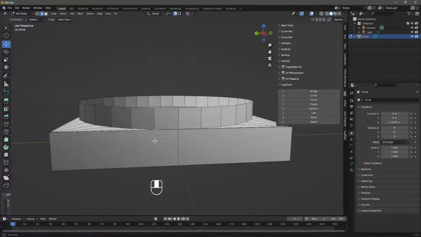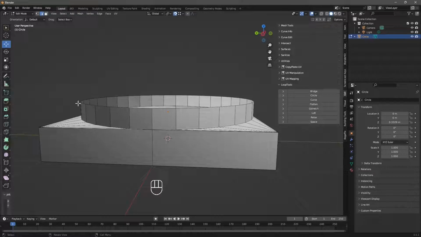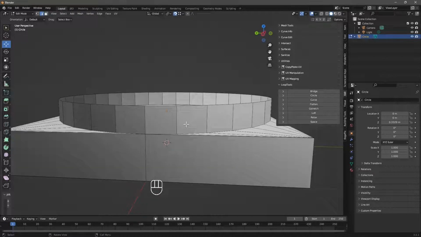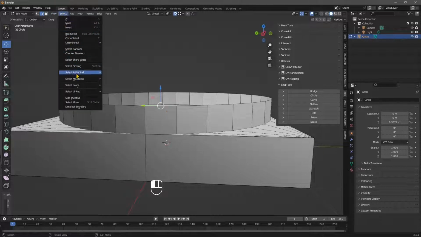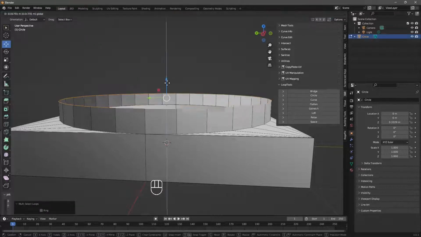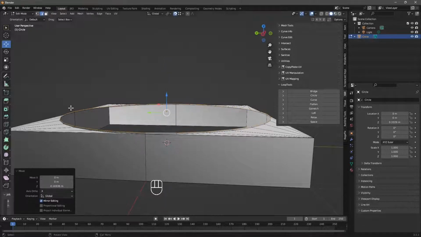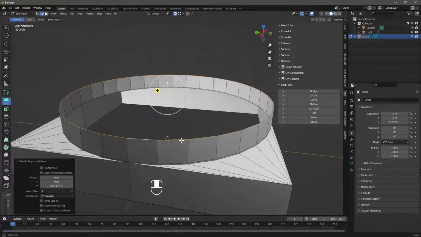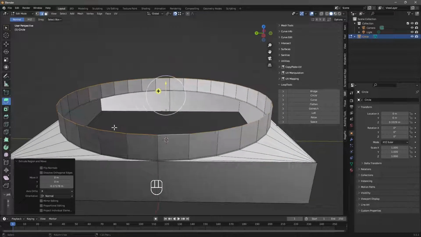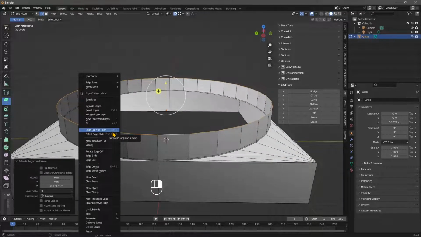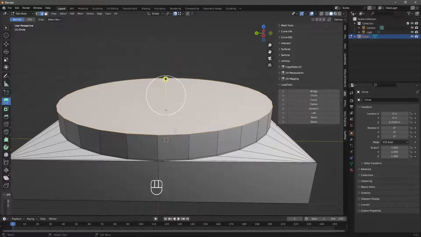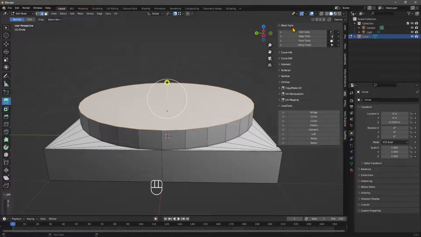Okay, now this column doesn't have this straight part. It has something that is more curvy. So if I start with this and I go to select the edge loop, I can bring this down a little bit. And then I can continue with the extrusion. So I can do extrude. And if you fill this up again with the new face from edge,